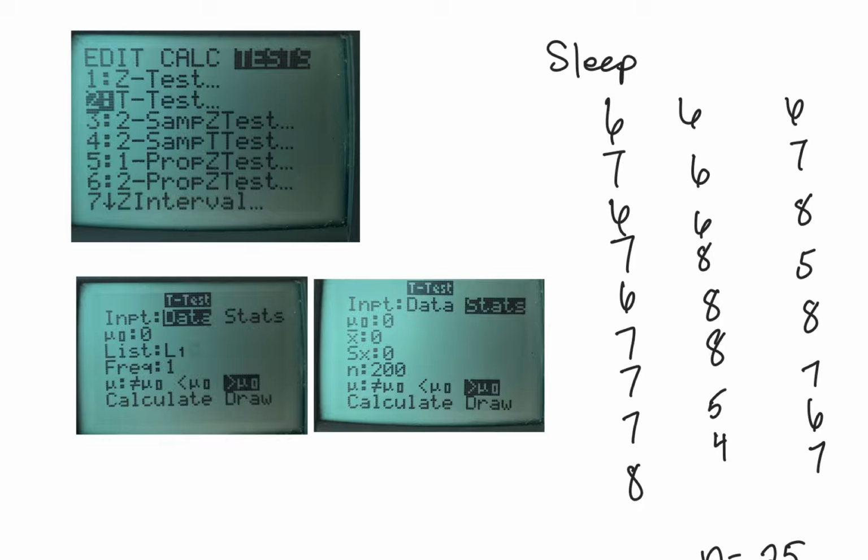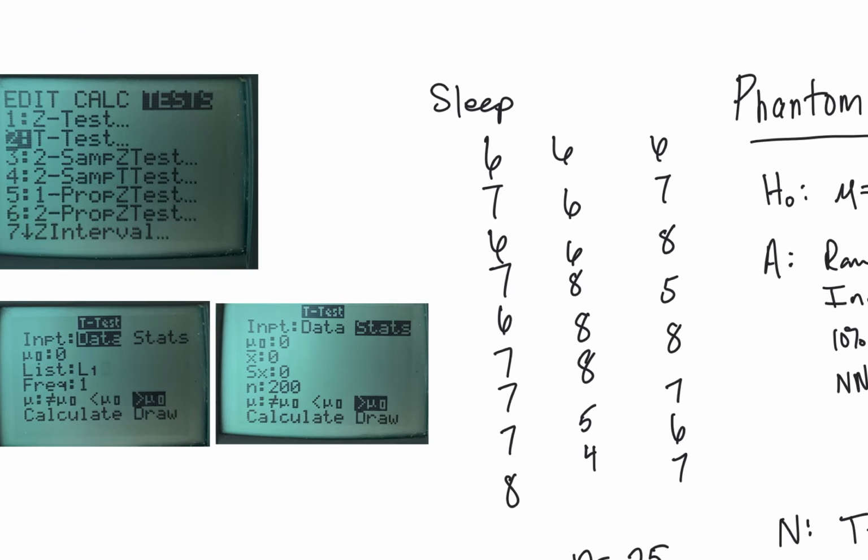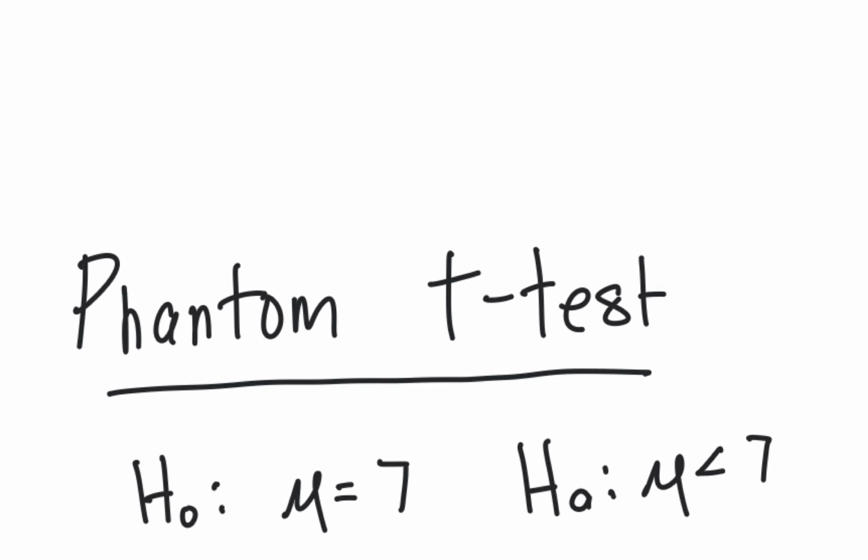Well, the question was, do they get more than 7? So my alternative is going to be greater than, so my null is going to be equal to 7, right? And so here you can see, we're going to be doing a t-test. Our null hypothesis, H0, mu equals 7. HA, mu is,